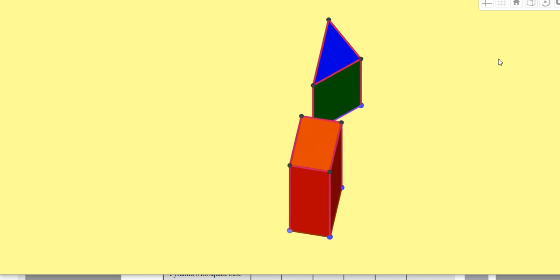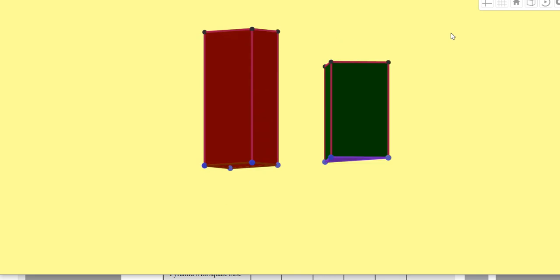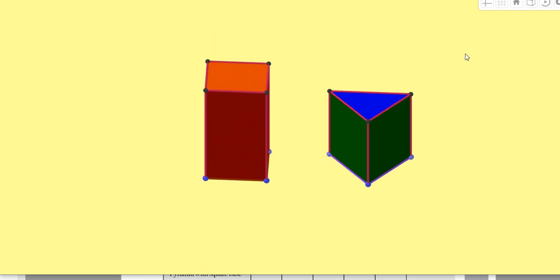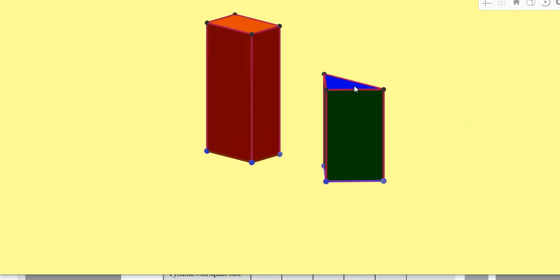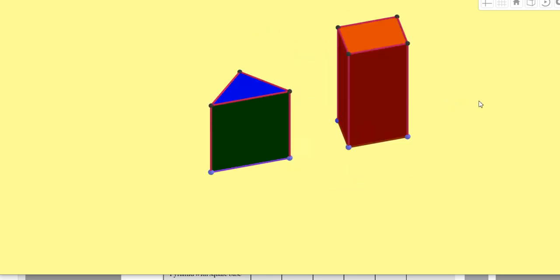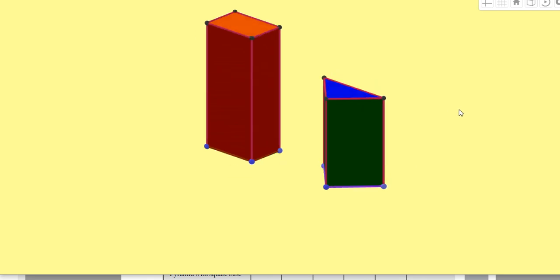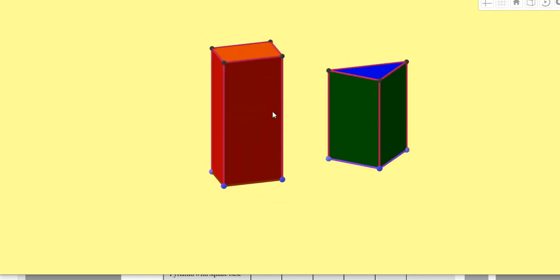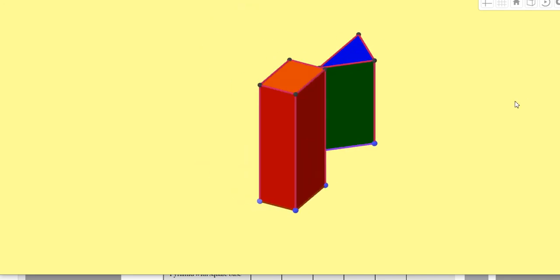Now look at these polyhedrons. Here the top and bottom are both congruent polygons. That is, here it is a rectangle and in this figure it is a triangle. And look at the faces. These faces we can call lateral faces. That means the faces except the top and bottom we can call lateral faces. These faces are also congruent, but sometimes they can be rectangles or squares, but in common we can call them parallelograms.